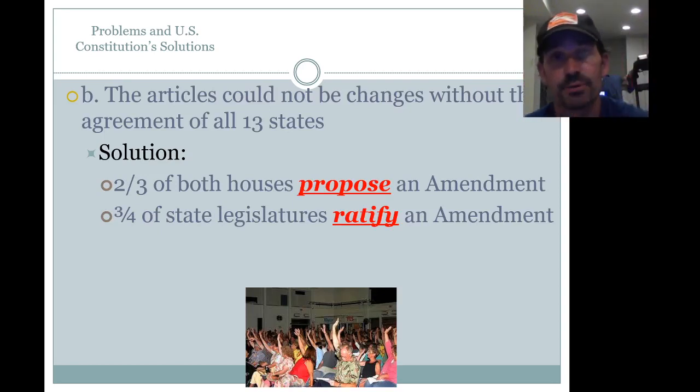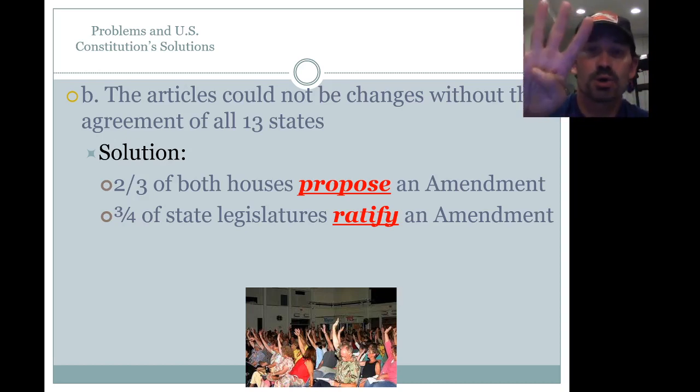Solution, I need you to write this down. You got to get this. Solution under the Articles of Confederation, under the Constitution. In order to propose an amendment, which means to suggest one, you need 2/3, right? 2/3 of both houses. Please write down and underline that both houses part because it can't just be one house. 2/3 of both houses to propose an amendment and 3/4 of the state's legislatures to ratify or approve an amendment. So 2/3 of both houses to propose or suggest an amendment, 3/4 of state legislatures to ratify or confirm or